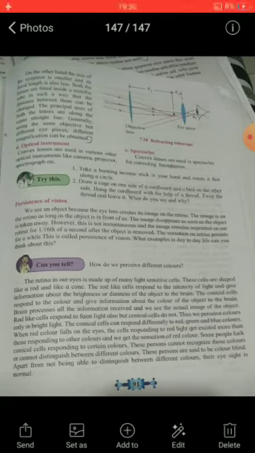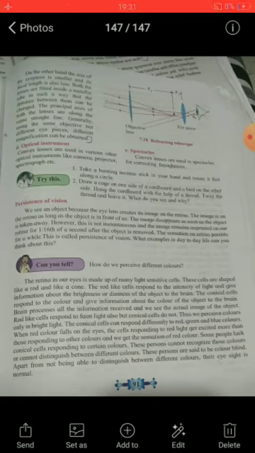The image of the object is formed on the retina. The image is on the retina as long as the object is in front of us. The image disappears as soon as the object is taken away. However, this is not instantaneous, and the image remains imprinted on our retina for 1/16th of a second after the object is removed.